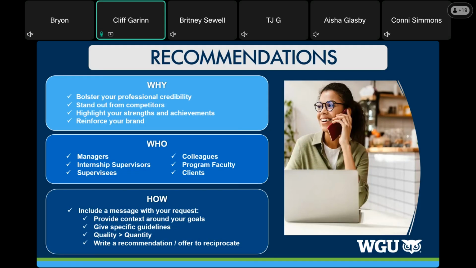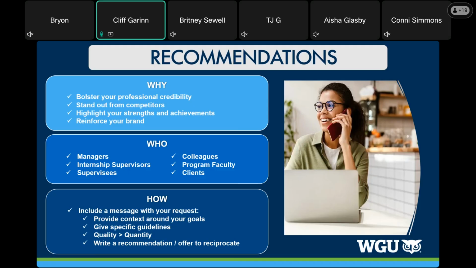It's going to help you stand out amongst the competition. It can help somebody else talk about you and shine a light on your strengths and achievements. Again, the who can be managers, supervisors, people you've worked with, colleagues, even from different jobs.